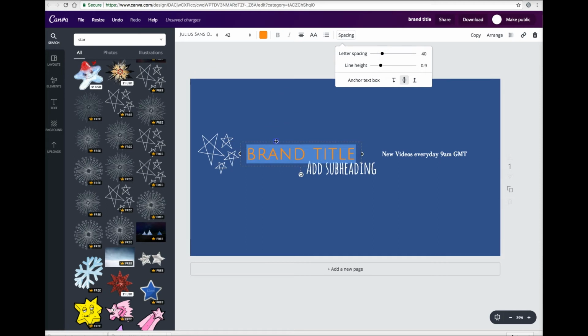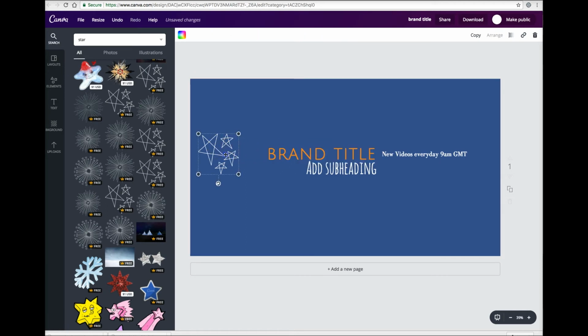There we go, so we can fit the stars in. Move that over. Move anything around, and then here you can copy. There you go. If you want to make more than one version of what you've just imported, delete that, and then you can